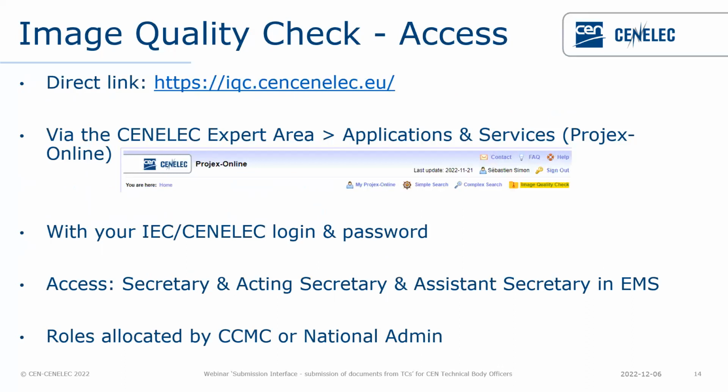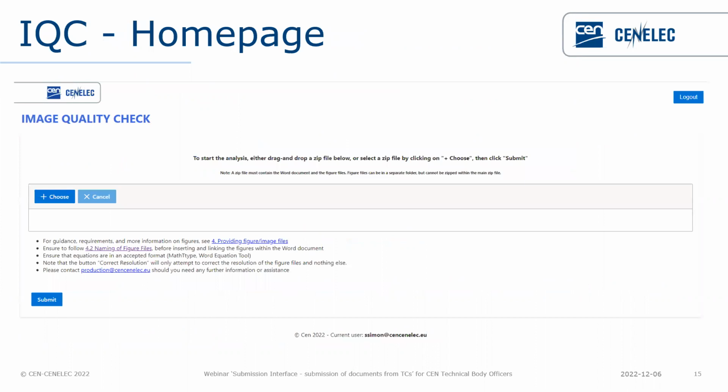Here is the information on how to connect to the image quality check. From the projects online directly, you do have a little button you can click, and it will ask you for your logins. This is the home page, where in the middle you can drag and drop a zip file containing the Word document and the figure files, or you can just click on the button to browse your computer. Then click on submit,